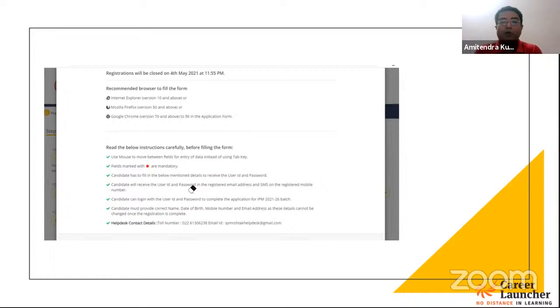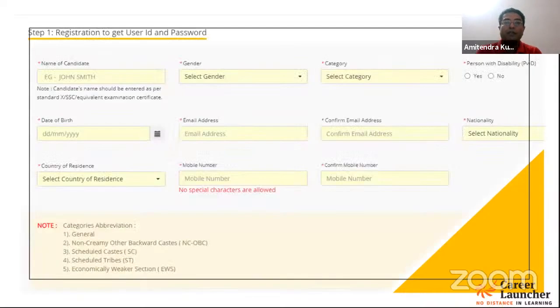And always preview the steps which you are completing. So once you have filled certain part of the form, it's better that you have previewed, you check for the spellings and everything, and then only once you are satisfied, proceed ahead. And before final submission, you must also check it once or twice, I would say, as you check your particulars clearly, and then go ahead and submit and make the payment. So this is how the pop-up will appear, which will have all the instructions. And then you have to click to agree to that. And once you have agreed, then you will get to the registration part of the application process.